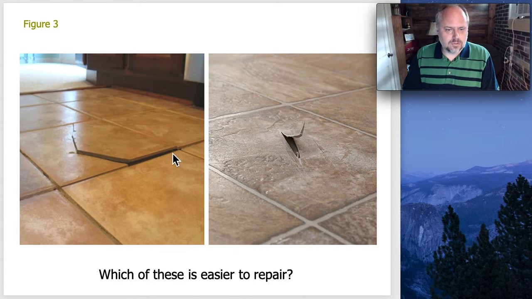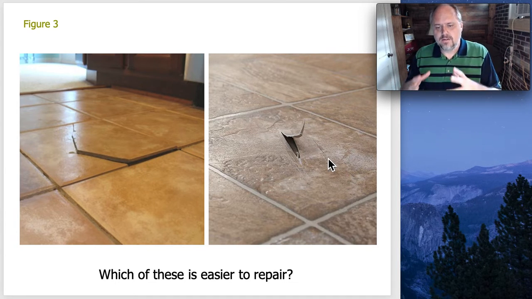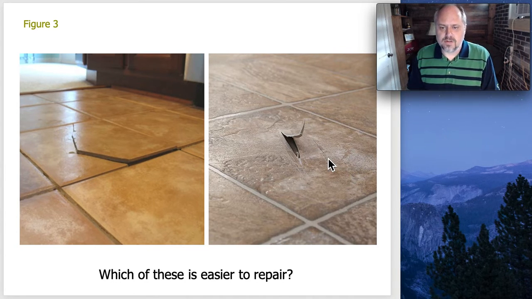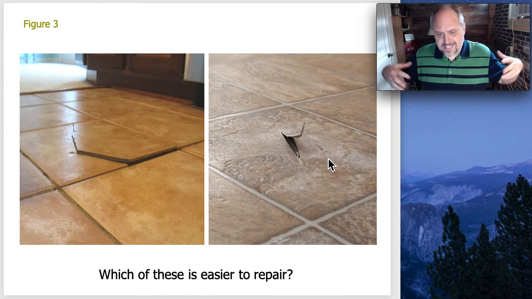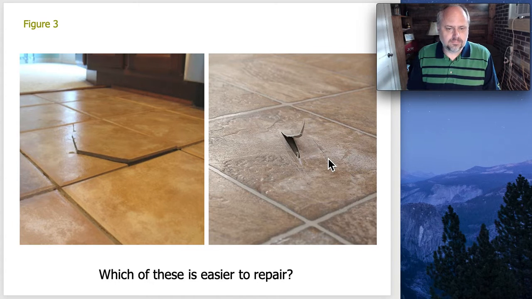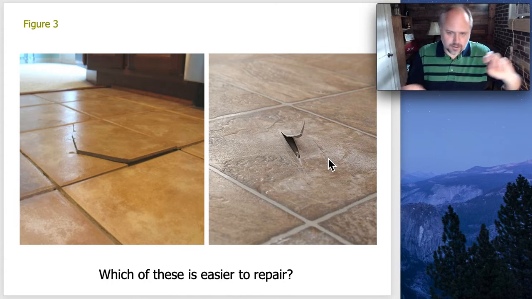So this one would be a lot less expensive and a lot easier to take care of, and it leaves you with something that is not going to show the damage. It's not going to be compromised, whereas over here you're going to end up with something that is always going to have that damage, and the only way to get rid of the damage would be to replace the whole thing,